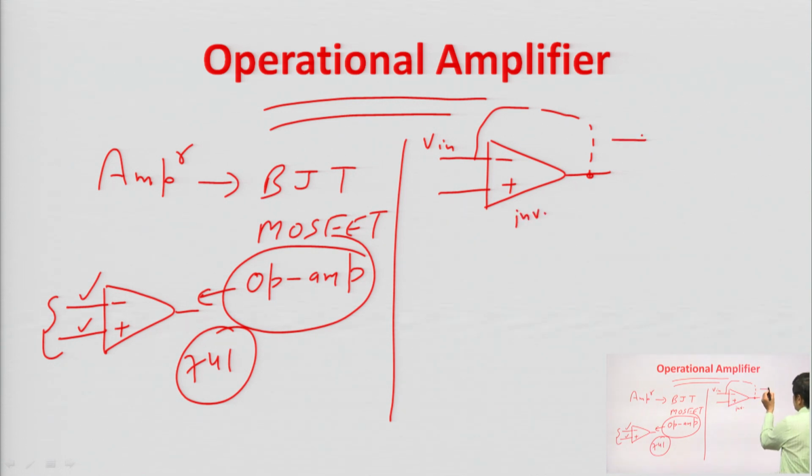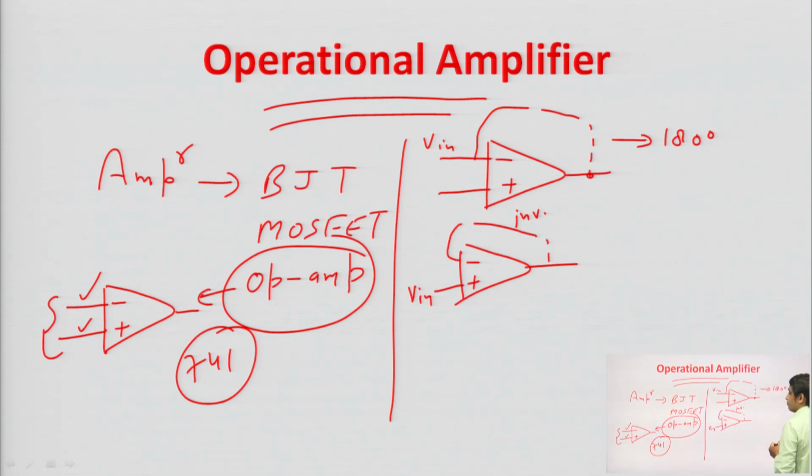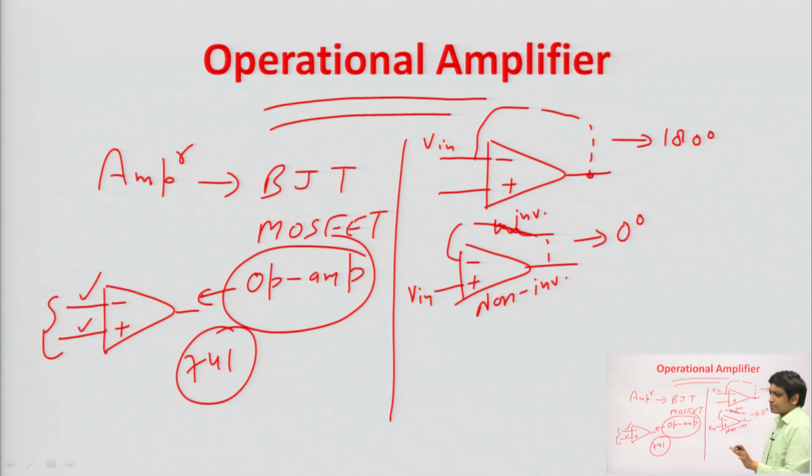Inverting amplifier means it will give 180 degree phase shift, but if we apply the input signal at the non inverting terminal, then in this case again there is a negative feedback, and it is connected through a resistor here. So, the point is that if we are applying the input signal at the non-inverting terminal, then it is called non-inverting. Non-inverting means output will be in phase with input. So, remaining things just ignore at this moment, right.